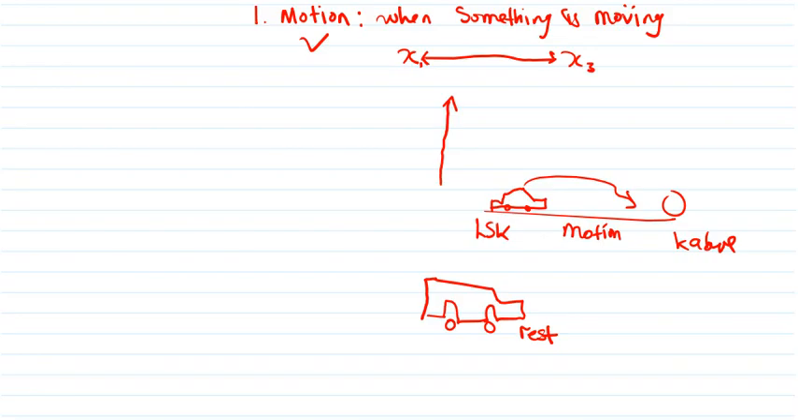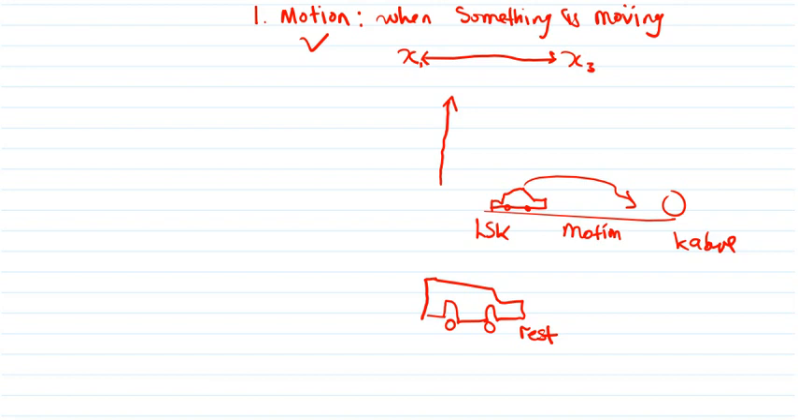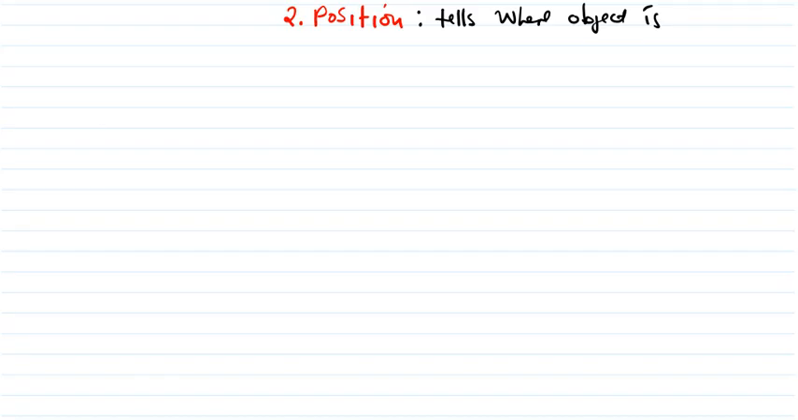So the first term I've stated is motion. Let's go to another term. The other term that we need to understand is what we call position. So when you say position, position tells us where the object is. The position of something is where it is. Yes. All right. So at this point,